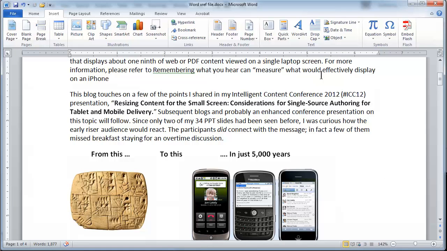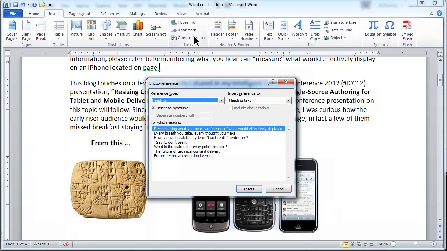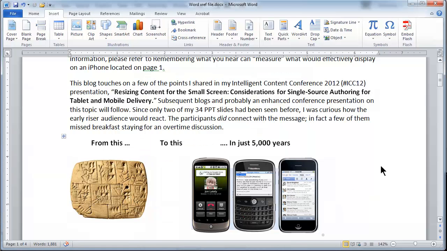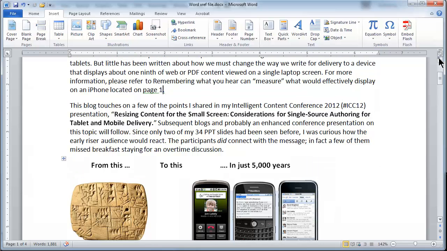Now I can finish it by saying "located on page space period," and right in front of the period I'm going to go ahead and insert a cross-reference, and this time I'm going to ask the same heading to simply display a page number. Now that looks relatively simple, but not only is it a 2-step process, there's actually 3